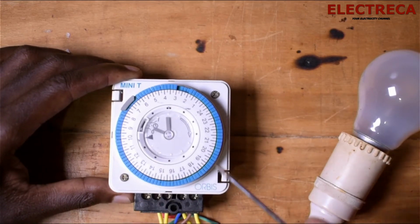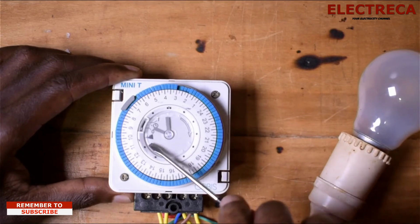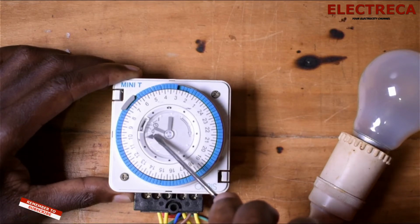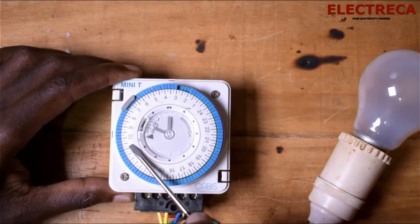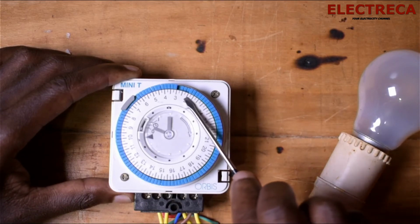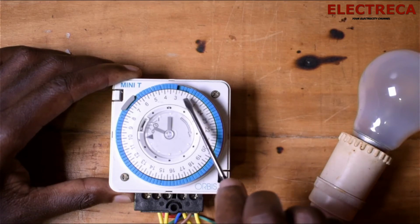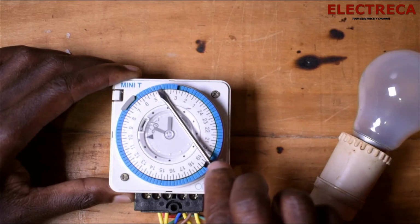Now if you set your clock here, because this is the trigger here, the time triggers from here. So if this part moves all the way up to here, then the light will go on, the circuit will be closed, and the time will go on until it goes off. The moment it goes off the last pin, then the light will go off. Okay, so